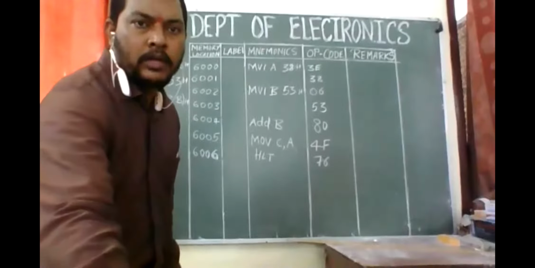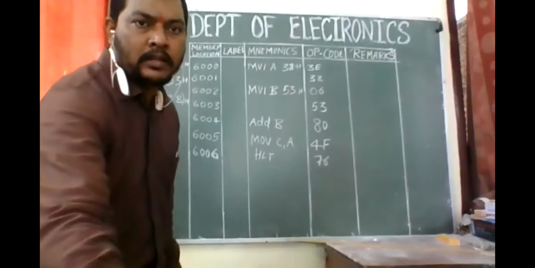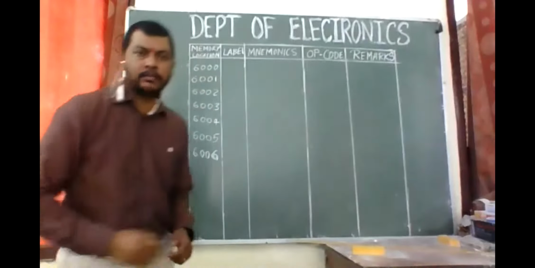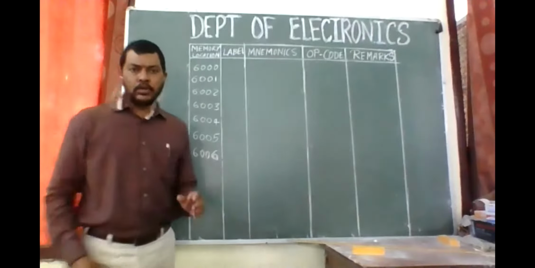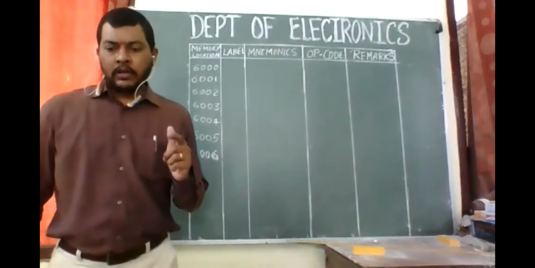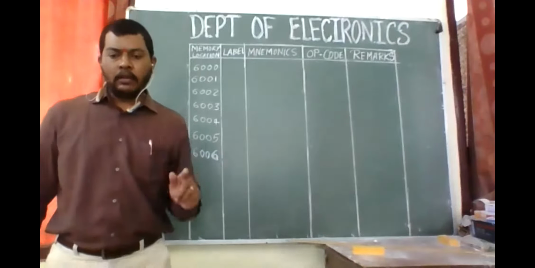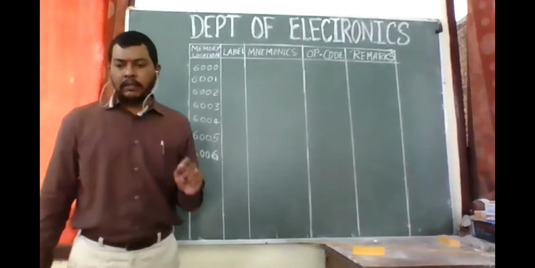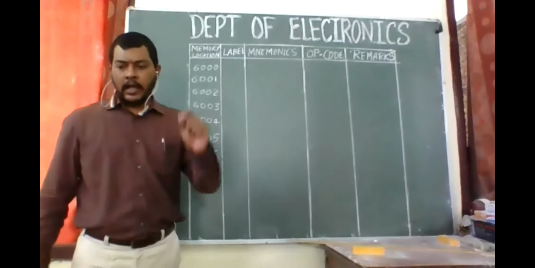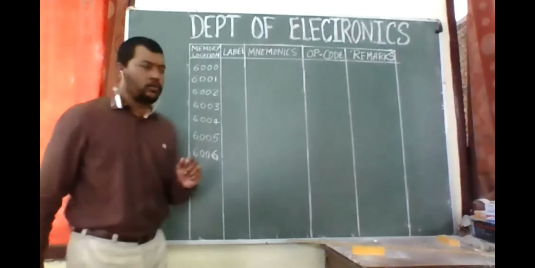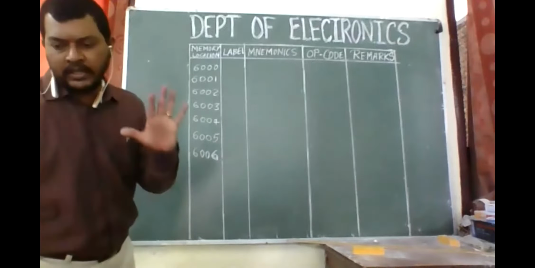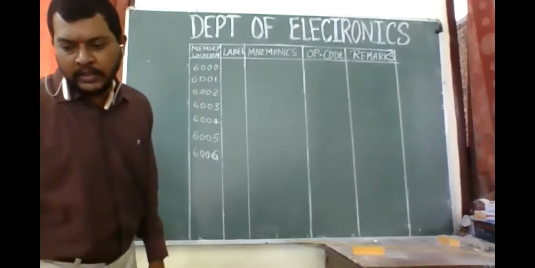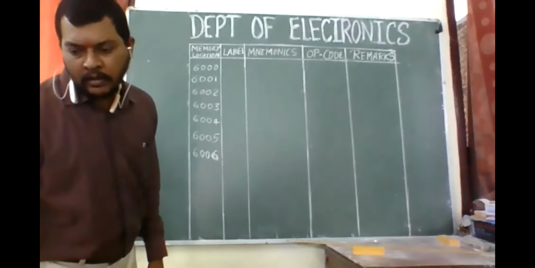So we will try the next program. Just give me a moment. We will try a program again, yes, only 8 minutes are left. So what is the program? The next program is: 5 different numbers are stored in memory locations as follows. The memory locations are given, 5 data are given.